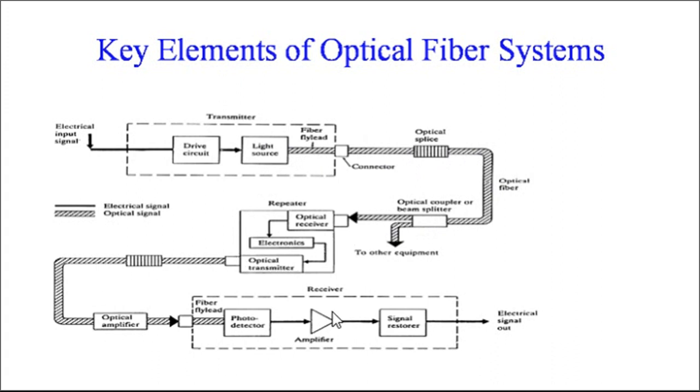After that, on the receiver side, it is converted back into the original form, meaning the optical signal into electrical form, and at the end we receive the signal we transmitted at the receiver end. In this way we can transmit the electrical signal through optical fiber cable. But whenever you transmit that electrical signal, before passing through the optical fiber cable, it is converted from electrical to optical. Hope we understood the key element concept of the optical fiber system. Thank you.